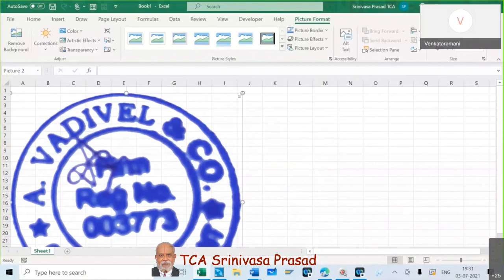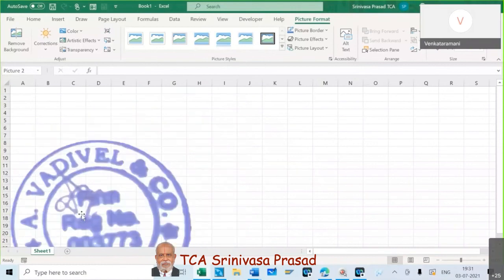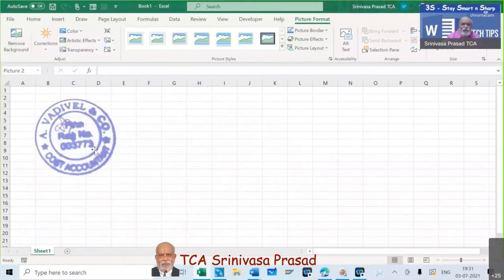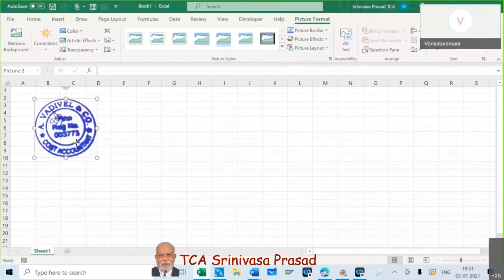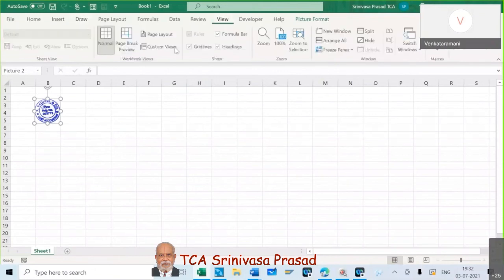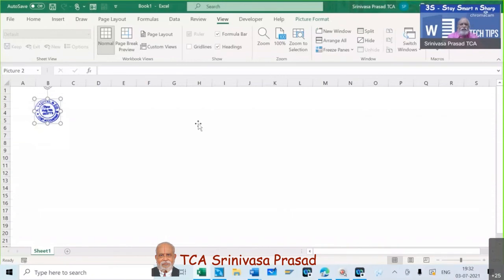Now we will make it smaller. Now the moment you go to View and then remove the grid lines, you just see how beautiful it looks. Okay, we'll put the grid lines for the time being.